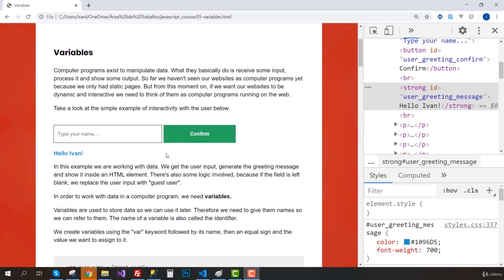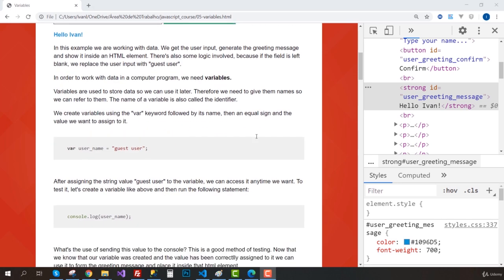And I'm also getting the data not from a variable. I don't have to type the name in the code. I'm just getting what's inside this element, which is an HTML element like any other. So this is a little more advanced, but it's really easy to do. We are going to learn how to do this shortly. So before moving ahead, there are some important things that we have to talk about, and the first one is